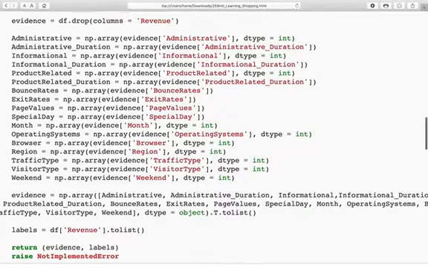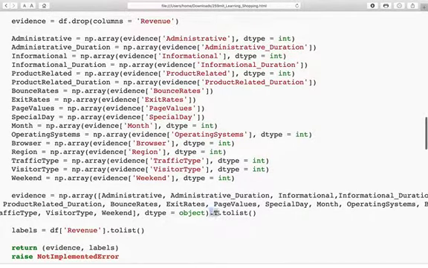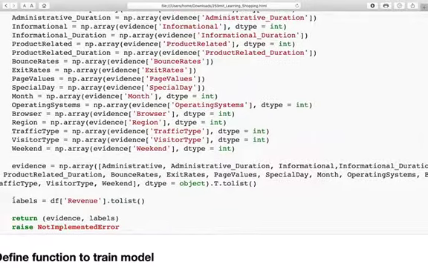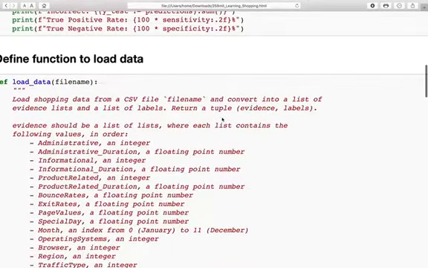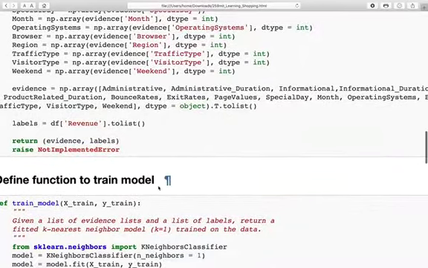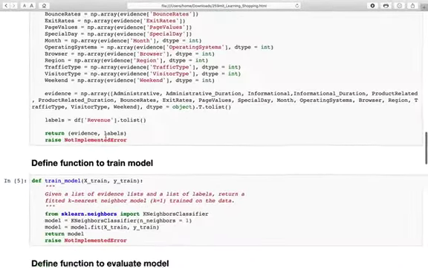Since we are asked to create a list that is row wise, we take a transpose of it and create a list of this. So we just use the tolist command. For labels, we can just directly use the tolist because since it's just one variable, we don't need to assign its variable because it will just take us int. And we've been asked to return a tuple, so we'll be doing that, returning evidence and labels as a tuple.